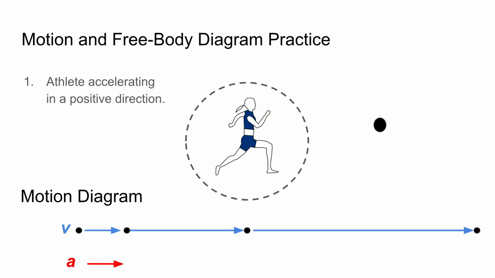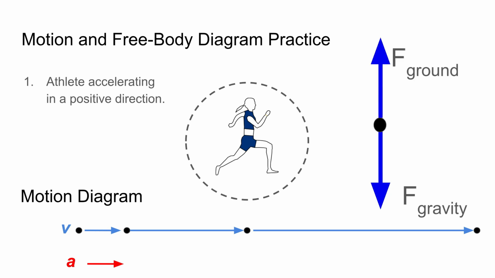Now let's take a look at the free body diagram. So we know that this object is running and there is the force of gravity acting on it. There is also the force of the ground. This is also known as the normal force. Now these vectors are the same length because the object is not floating up and it's also not falling. It's kind of just staying stationary